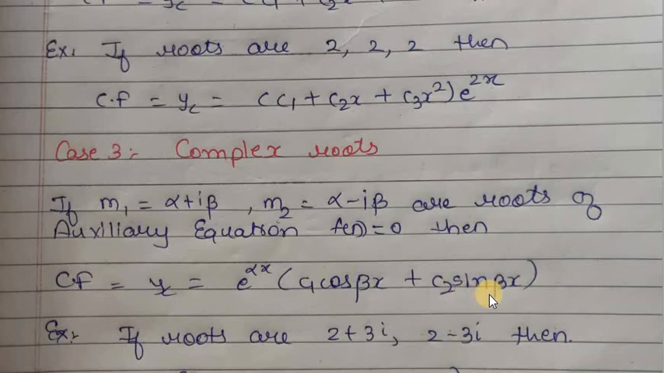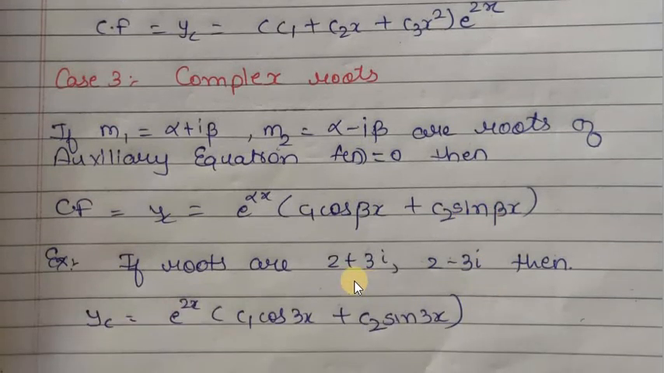So it will become e raised to alpha x into bracket c1 cosine of beta x plus c2 sine beta x, in this way. Say the roots are 2 plus minus 3i, or 2 plus 3i, comma, 2 minus 3i. So here the real part is 2, right? So it will become e raised to 2x, and the imaginary part is 3. So e raised to 2x cosine of 3x, then after e raised to 2x sine 3x, and then after its linear combination, so the required CF will be c1 e raised to 2x cosine 3x plus c2 e raised to 2x sine 3x,